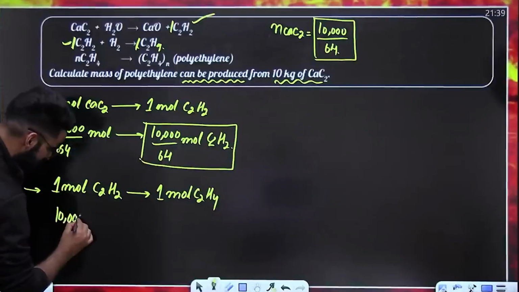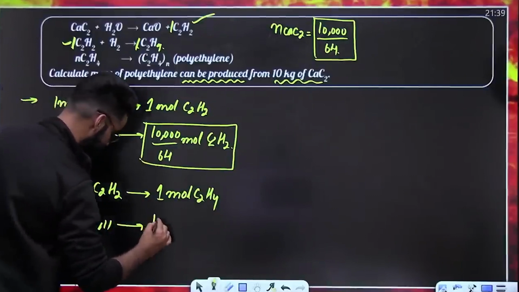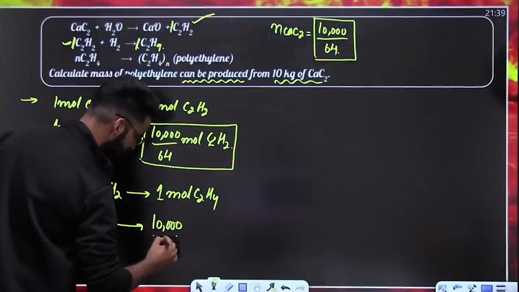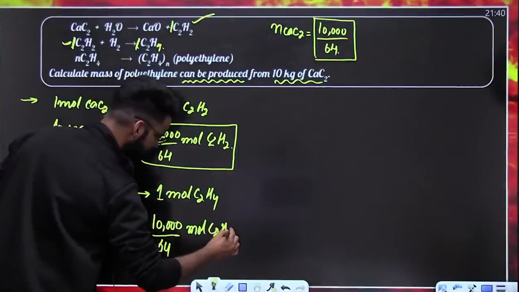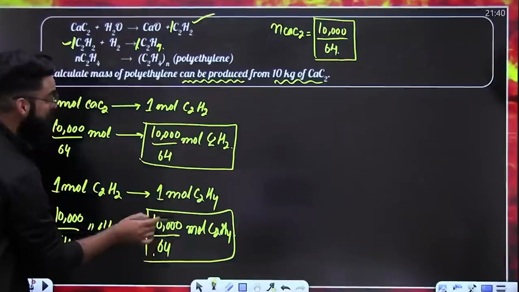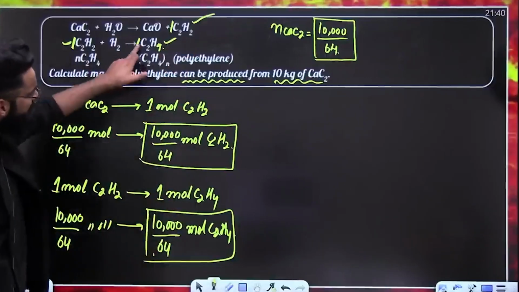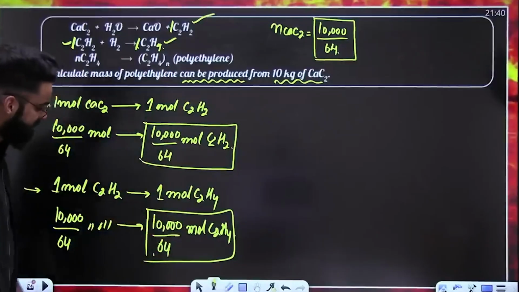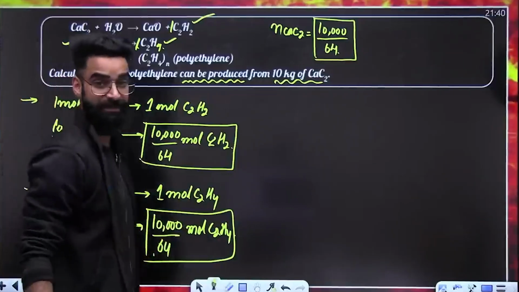So can I say 10,000 divided by 64 moles of C2H2 should give me 10,000 divided by 64 moles of C2H4? What is this point? These are the moles of C2H4 which got formed in the second reaction, and whatever moles of C2H4 got formed in the second reaction, the same moles of C2H4 will be utilized in the